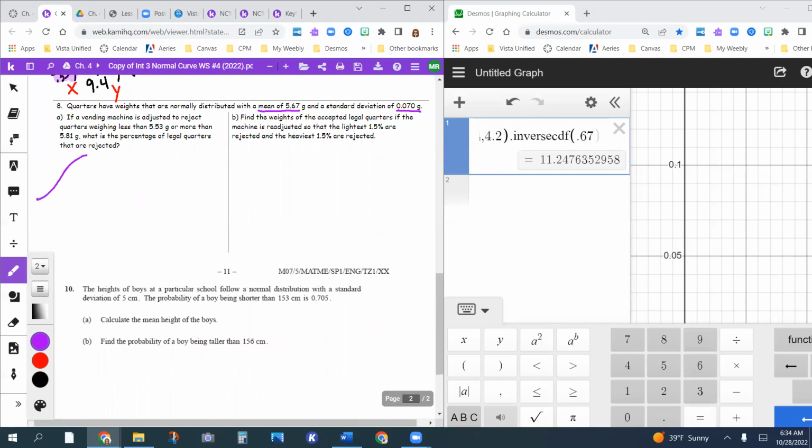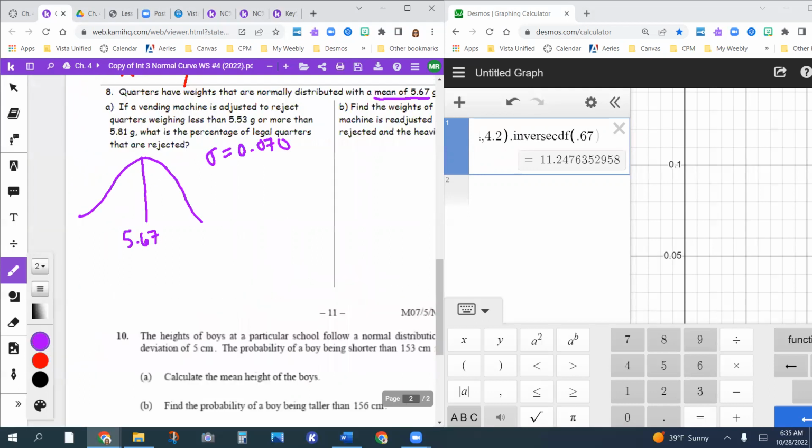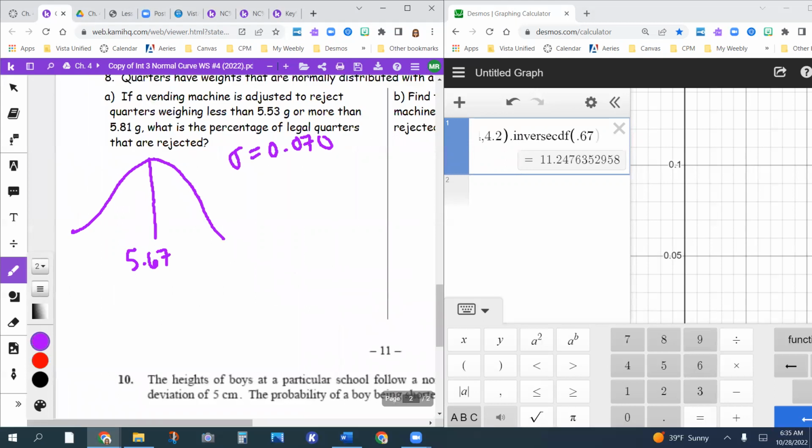So let me just kind of sketch this out. I like to see it. Okay, so mean is 5.67. Standard deviation, let me just write that here. Standard deviation is 0.070 grams. Okay. If a vending machine is adjusted to reject quarters weighing less than 5.53 grams, okay, so